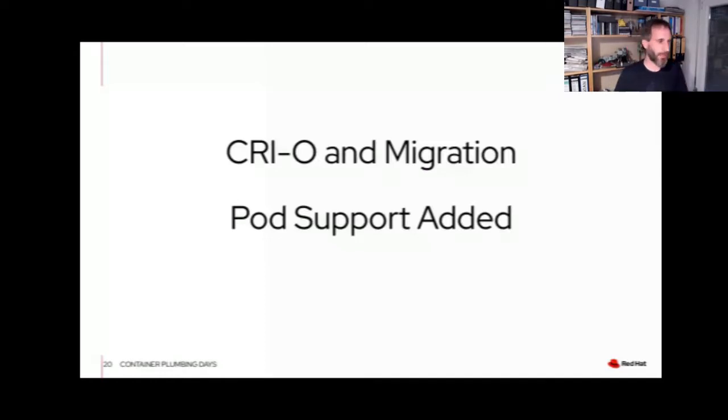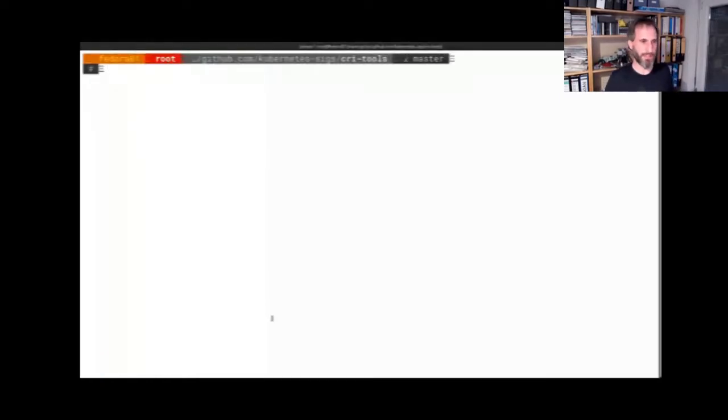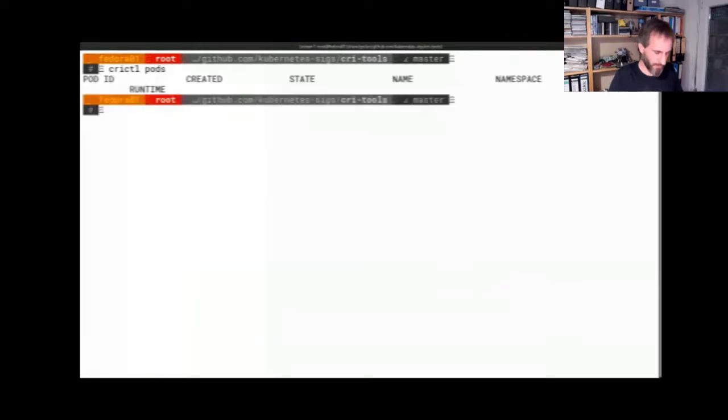And so I have prepared a short demo. I first want to show a few things in CRI-O. I have nothing running here in CRI-O, so let's first create a pod and a container. I prepared some lines here. I'm creating a pod, and then I'm creating a container in the pod, and then I'm starting the container, and the container in the pod is running a Wildfly application